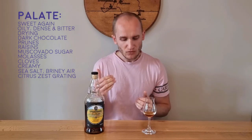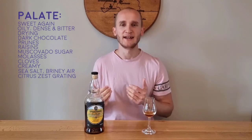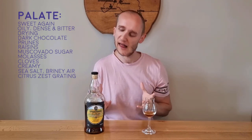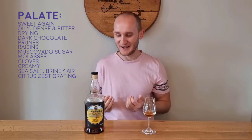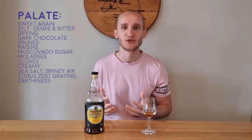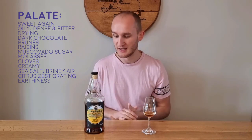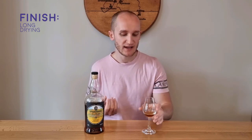Possibly, almost encroaching on the finish, you've got a Springbank dirtiness, a little bit of a familiarity. Yeah, I think that's how you say it, with the Springbank character. A little bit of earthiness, a little bit dirty, but it's quite subdued from the sherry, from the strong Oloroso casks. So the finish is long, it's drying,